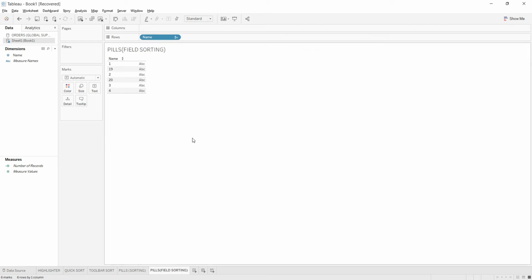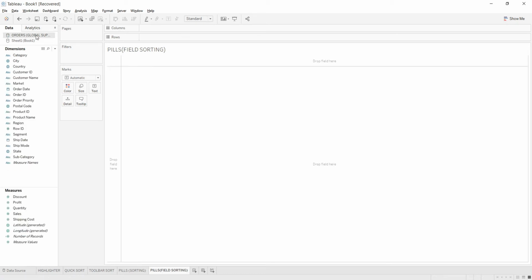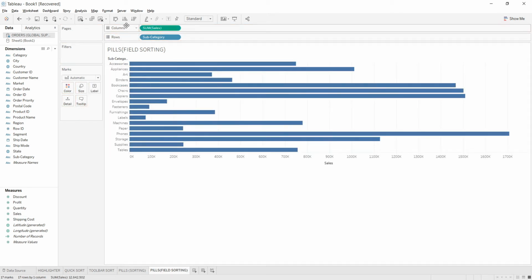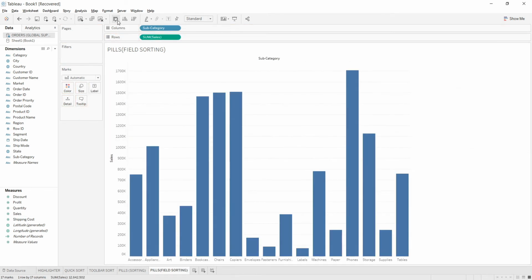So now to sort the next type of sorting, that is field sorting, I'm going back to the previous data set, and for that I'm clearing my sheet and clicking on the other data set. So for field sorting, I'm again picking my subcategory over to rows and keeping sales over to columns, and further I'm doing a transpose of it, that is converting rows to columns and columns to rows. So I'm getting this type of analysis where these bar charts are being given.